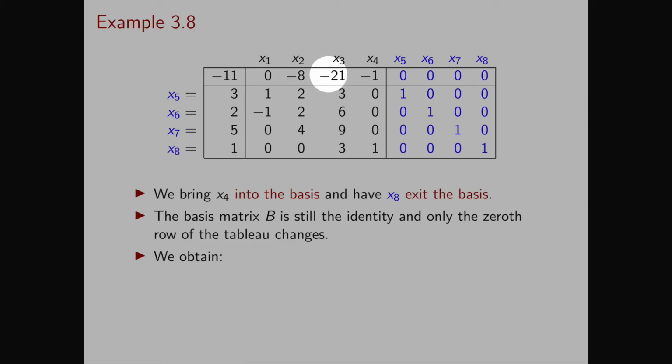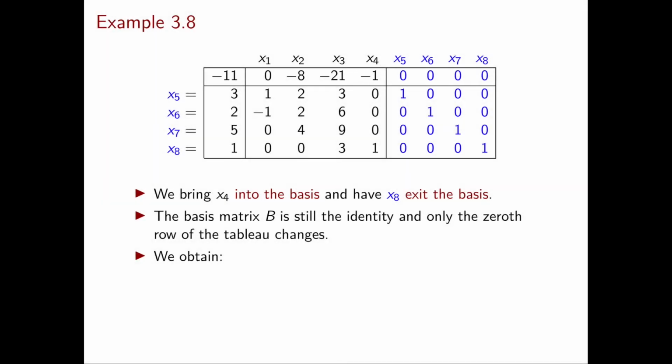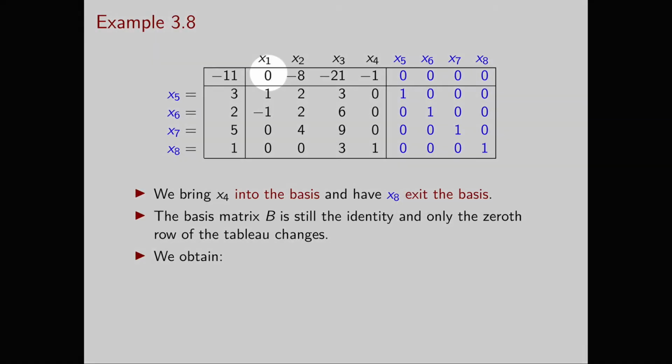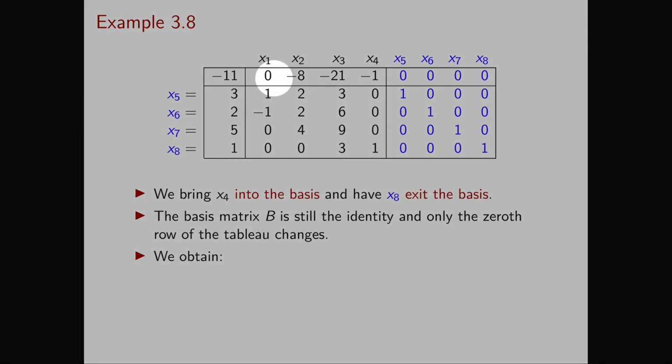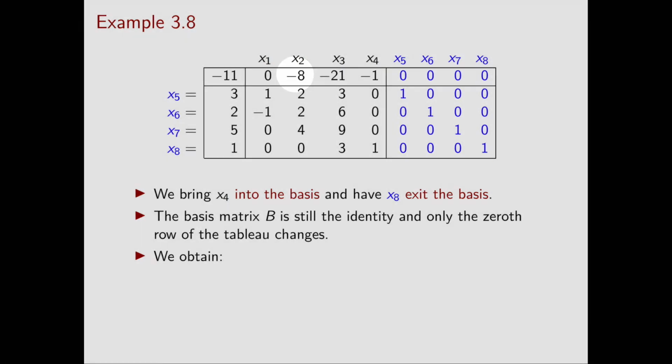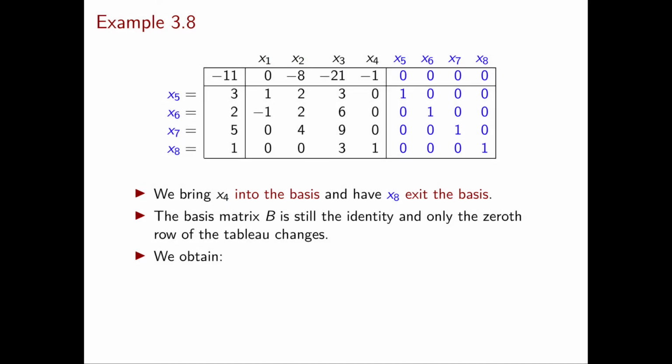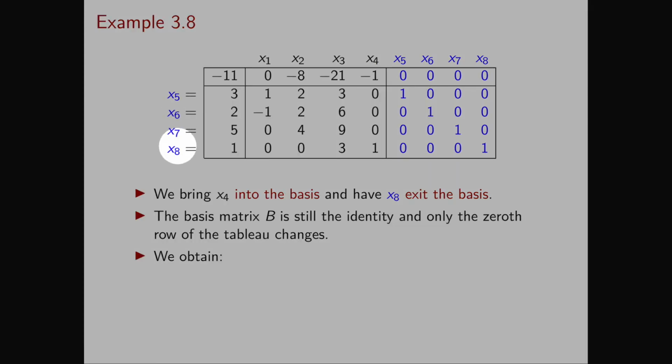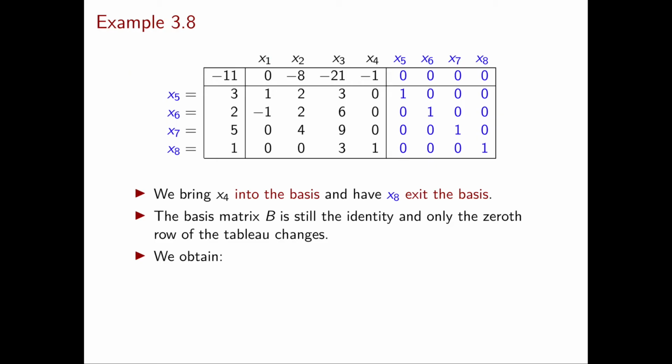And in the columns corresponding to the original variables, we only need to sum the remaining entries in the column and change sign. In the first column, we have a 1 minus 1 plus 0 plus 0. So this is a 0, and the negative of 0 is again 0, and we write it here. In the second column, we have 2 plus 2 plus 4 plus 0. This is 8, and so we write minus 8. And so on and so forth with also the third and fourth column. Finally, since my basic variables are x5, x6, x7, and x8, I write the corresponding labels here on the left of the tableau. Now that we have formed the initial tableau for the auxiliary problem, we can start to run